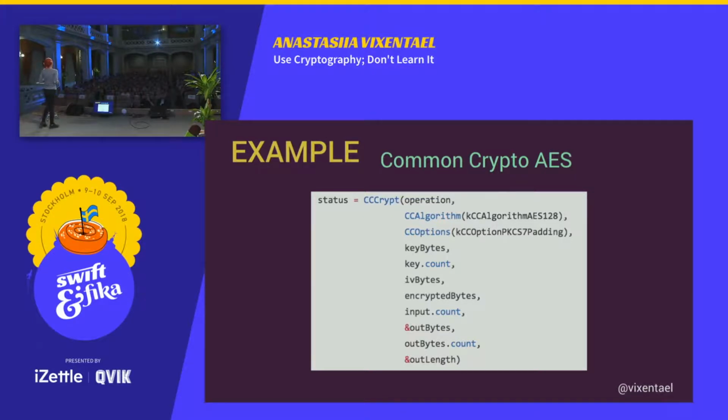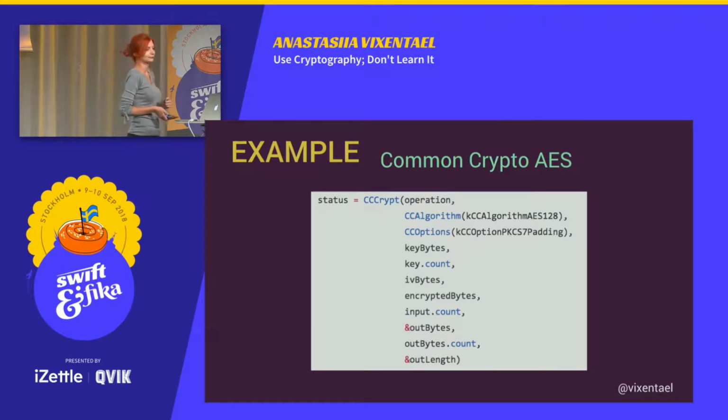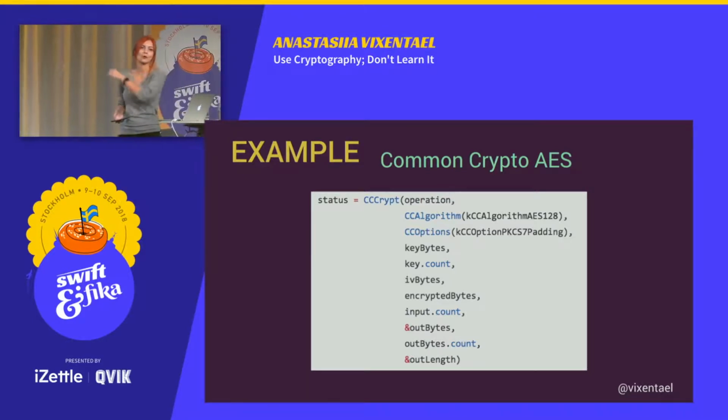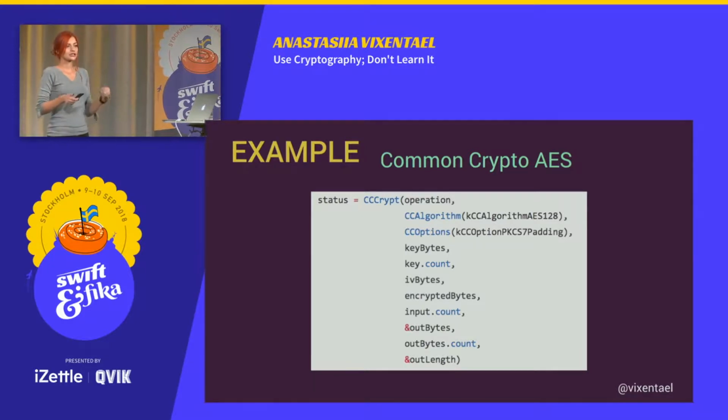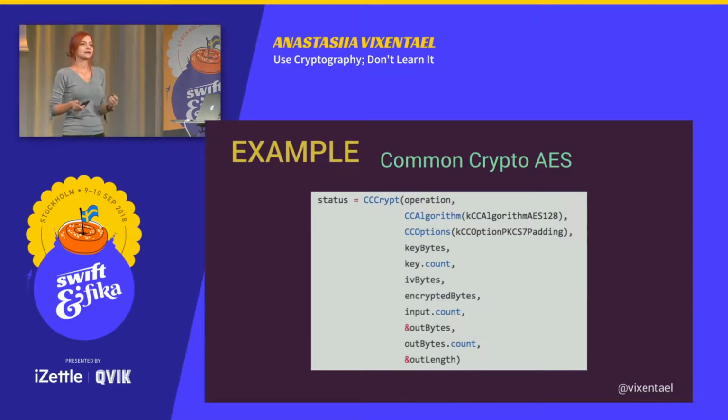Which mode? Which AES mode? You won't find out because there is no mode in these parameters. Because by default, in Common Crypto, if you don't put a mode, it's CBC. Easy, right? Not confusing at all. So CBC is the default. But of course, you see here key, init vector, encrypted bytes. But don't be confused. Key, it's not a user password. Key, it's something that is the output of a key derivation function.